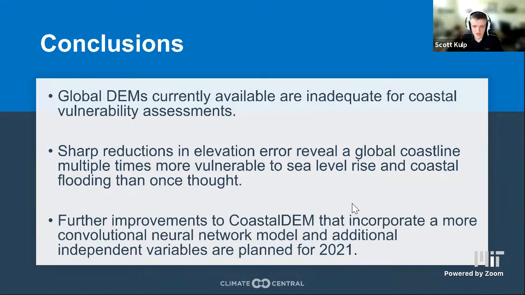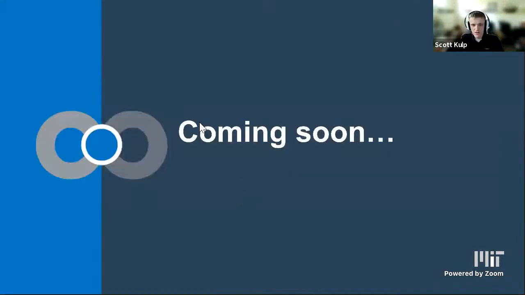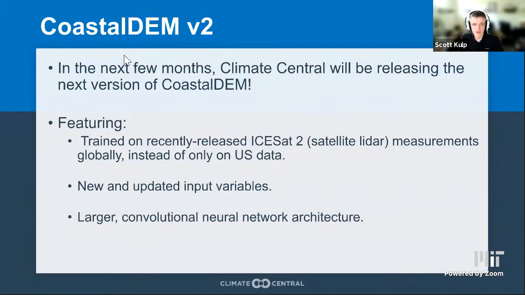And in fact, we're making improvements to this day on Coastal DEM. Coming soon, in the next few months, we're going to be releasing the next version of Coastal DEM, trained on much newer ICESat data instead of the US LiDAR data. So it's going to be trained on data globally with new input variables. And here we're actually using a convolutional neural network, which due to computational resources we weren't able to do for our first